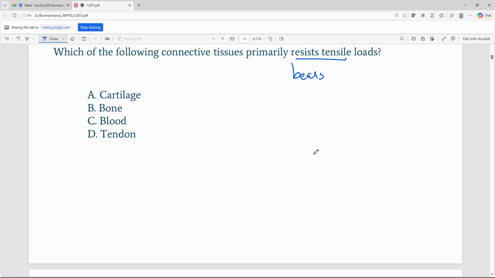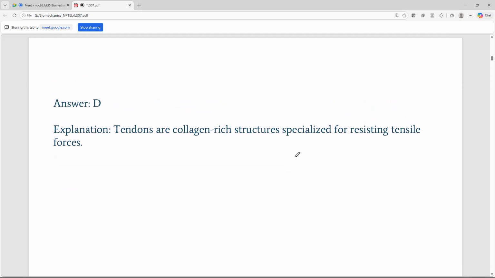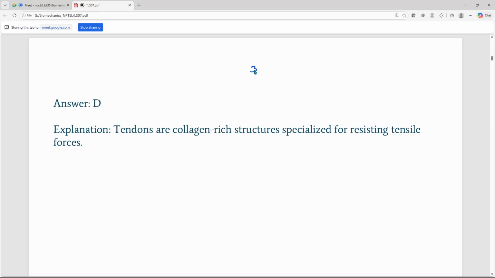Which of the following connective tissue primarily resist tensile loads? So from the given options, tendons, option D, are the right choice. Tendon primarily bears the tensile loads. So mainly there are three types of loads, which are tensile, compressive,